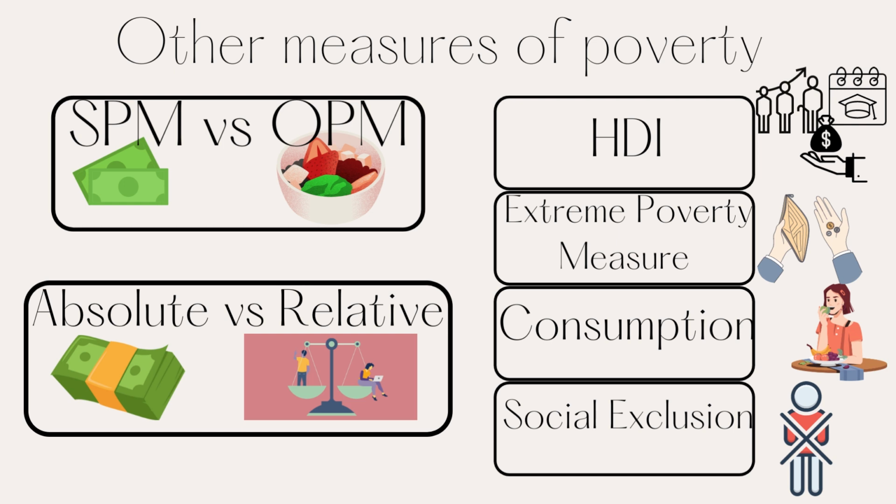The next is the extreme poverty measure, which is not an accurate measure because it is based on people who live on less than $2 a day. But this is not helpful because in modern day poverty, people do not live on less than $2 a day and it actually does not capture all the poverty that people do experience.